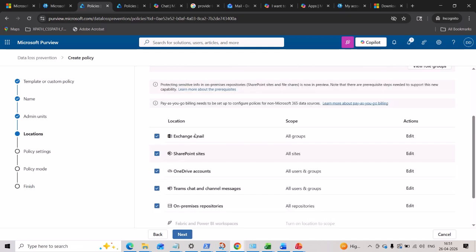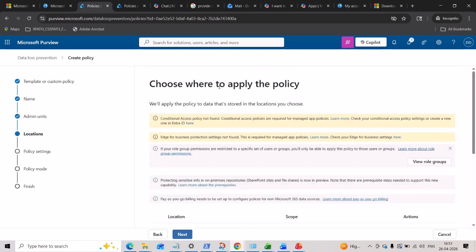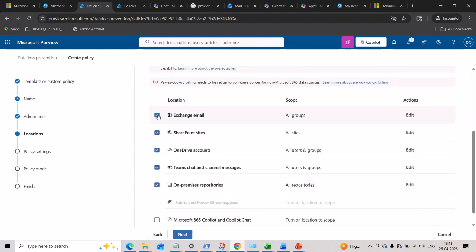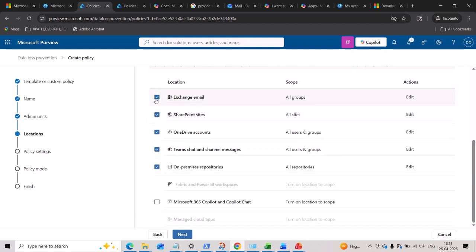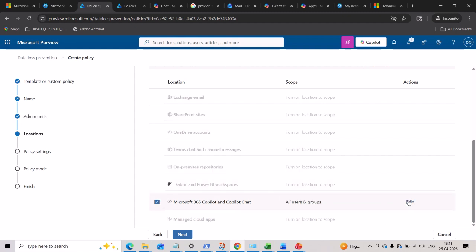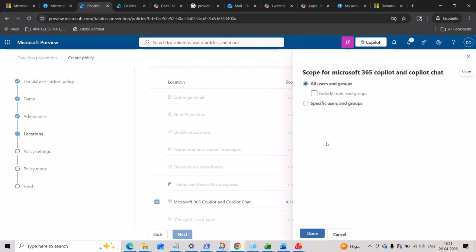Now this is the very important part, to choose where to apply the policy. That means we are choosing the locations, which locations will be scoped under this policy. That means on which location this policy will be acting. Currently our focus is to only block sensitive information sharing under Copilot. So we'll go for Copilot for now. We'll choose only this. Once we select this, there is an edit button. If you click on the edit button,